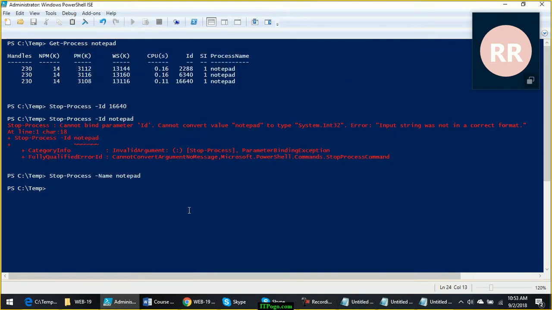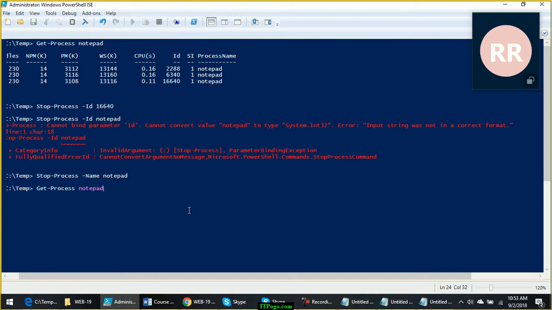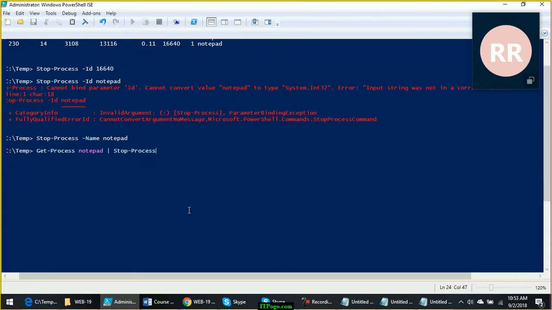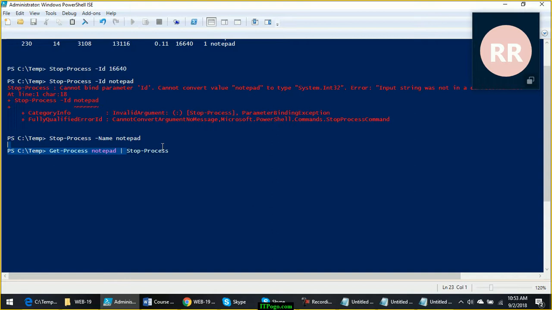Now when I run this command Get-Process notepad, what if I want to kill this using a pipeline? So I can simply redirect the output of this command to Stop-Process. Now notice here I don't need to specify which processes I need to stop. So where is this command Stop-Process getting the details about which processes need to be stopped?